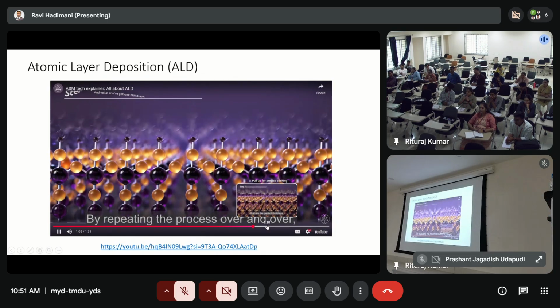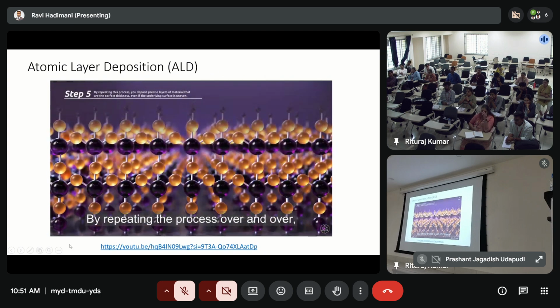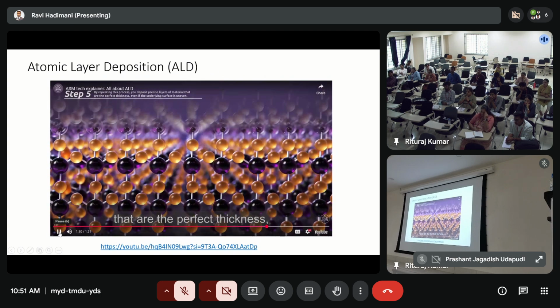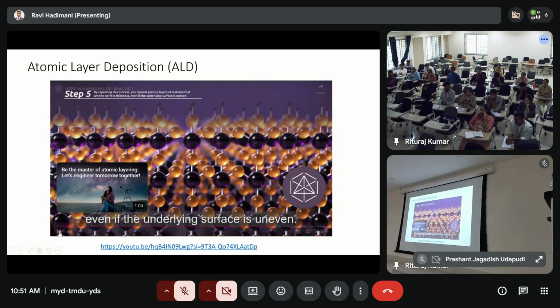By repeating the process over and over, you deposit precise layers of material that are the perfect thickness, even if the underlying